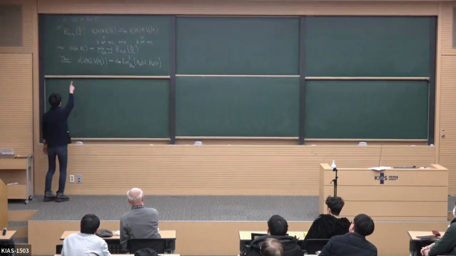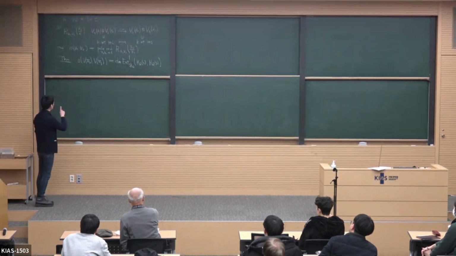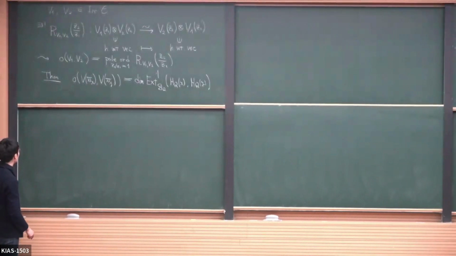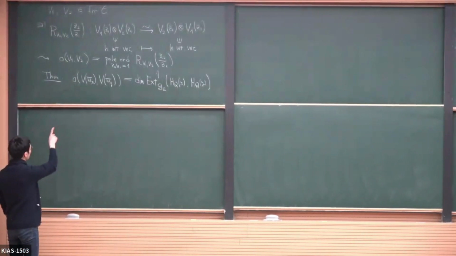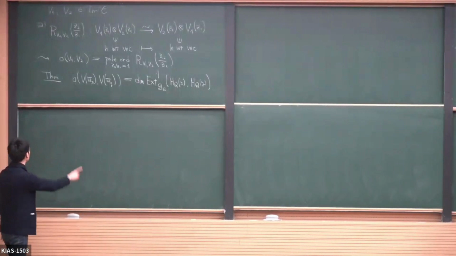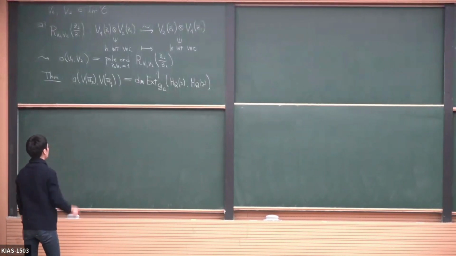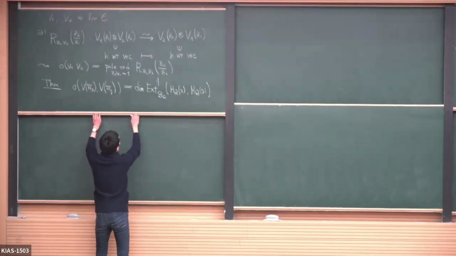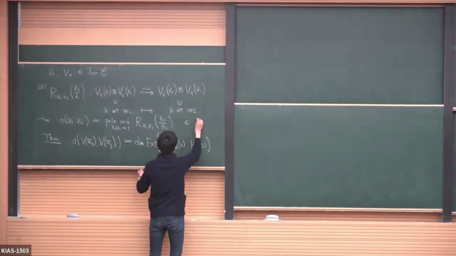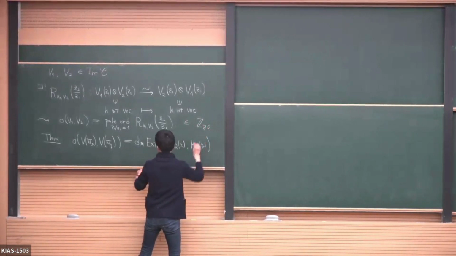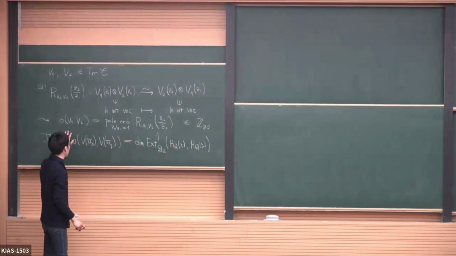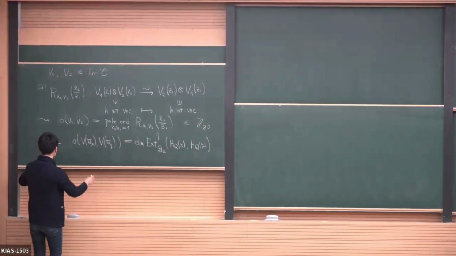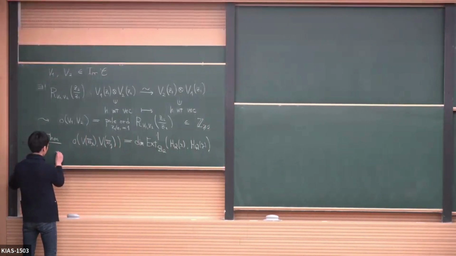Then this isomorphism is called the R matrix, which rationally depends on the ratio of spectral parameters. So it makes sense to consider the pole order of this R matrix at the ratio equal to 1. Then I said that this is a non-negative integer, and this is a very important numerical invariant for the tensor product representations. And so at last,